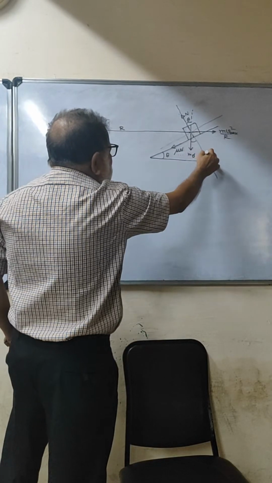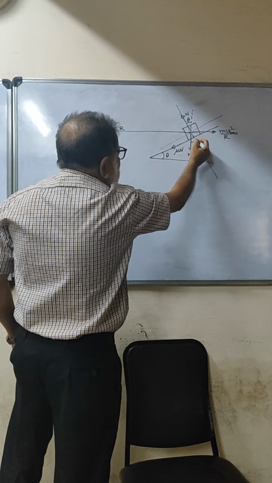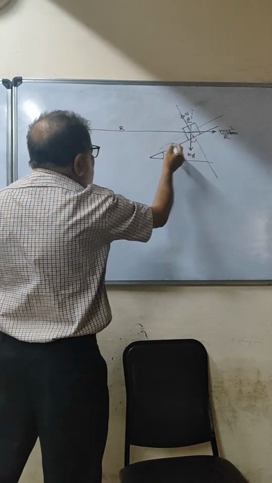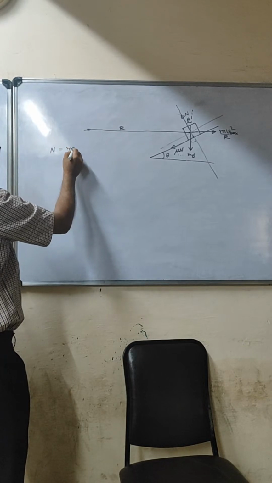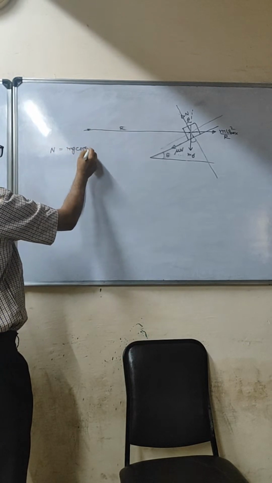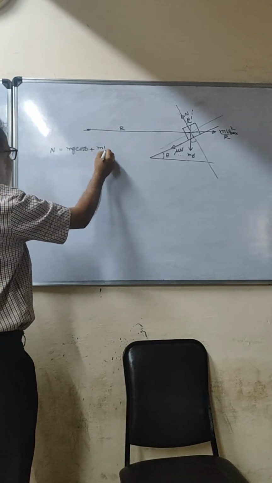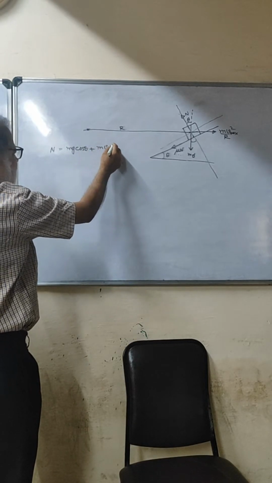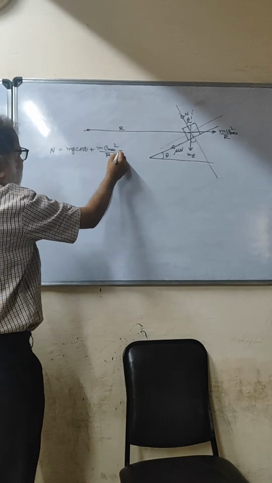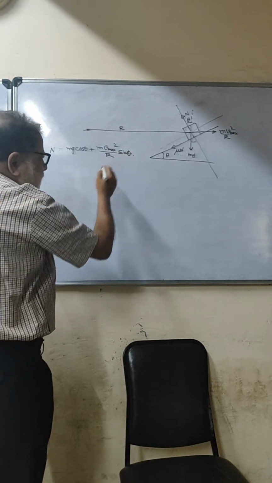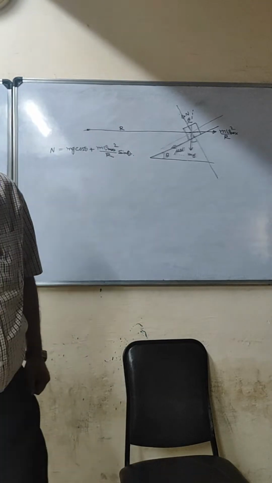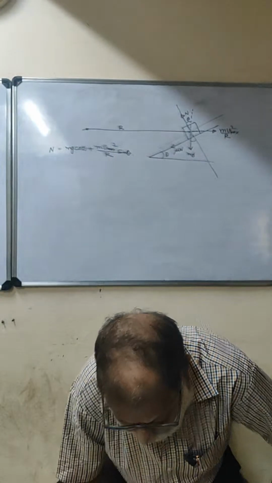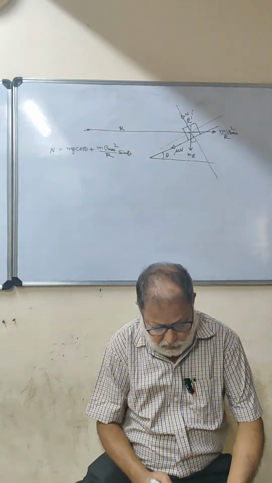তো এই দিকে রিজলভ করলে কী হচ্ছে দেখো, এই ডাইরেকশনে N, mg-র কম্পোনেন্ট mg cos theta আর এর কম্পোনেন্ট m v max square by r sin theta। তার মানে ইন দ্য নর্মাল ডাইরেকশন N is equal to mg cos theta plus m v max square by r sin theta। এই ইকুয়েশনটা কি ক্লিয়ার? দেখো, আচ্ছা তুমি লিখে নাও, লিখে নিয়ে বুঝেও নাও, তারপর আমি ফার্দার প্রসিড করব।